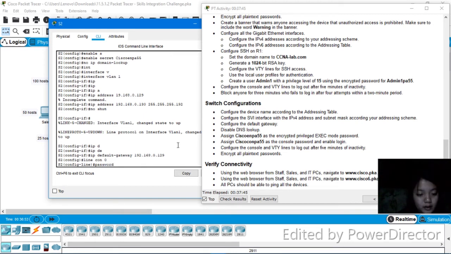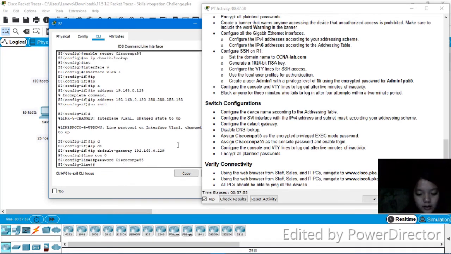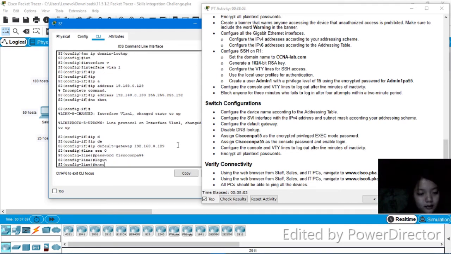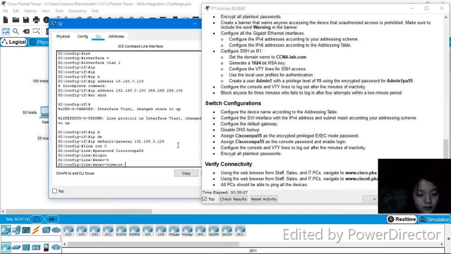The password is Ciscoconpa55, and then the login, and then exec timeout 5 space 0,